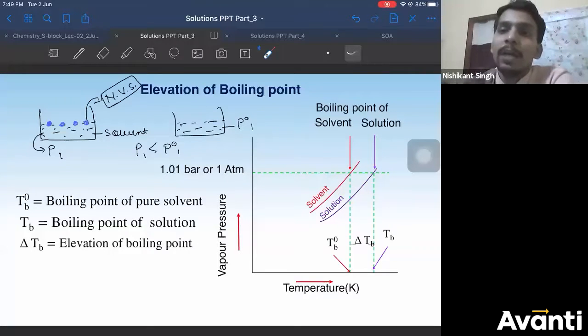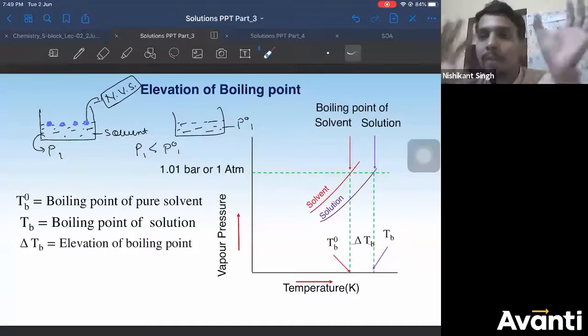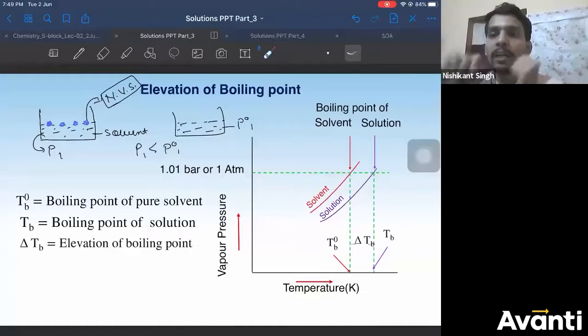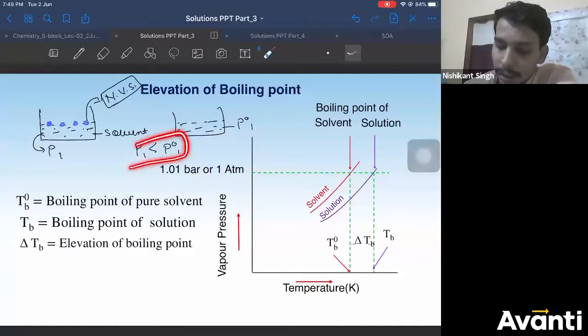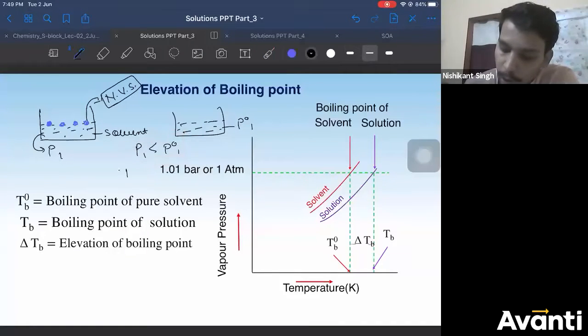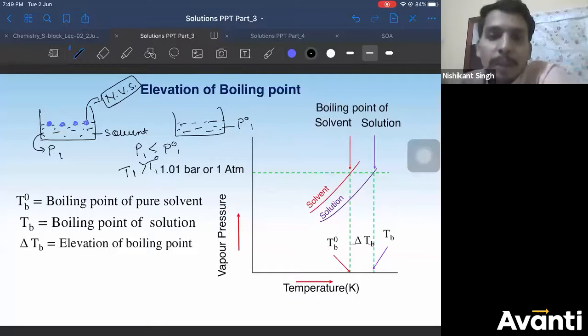If I want, I can make a very easy question, picture based, diagram based, all those things, a student doing an experiment, this happened, that happened, all those types of questions can be asked. So therefore keep your concepts very clear. So vapor pressure decreases, therefore boiling point of solution will be greater than boiling point of solvent.